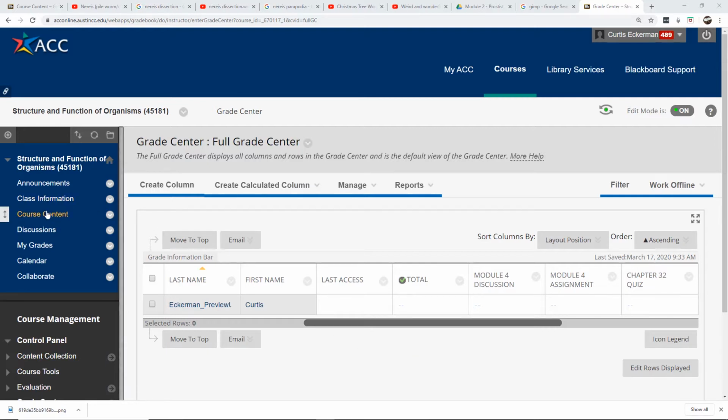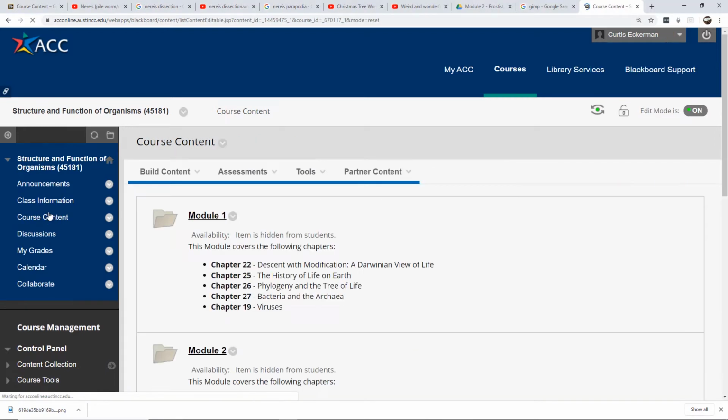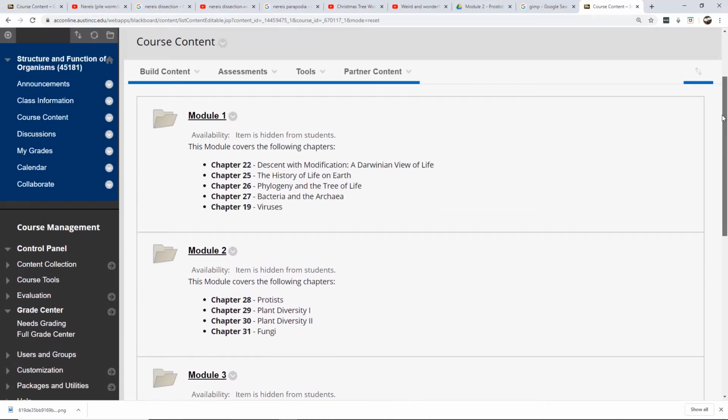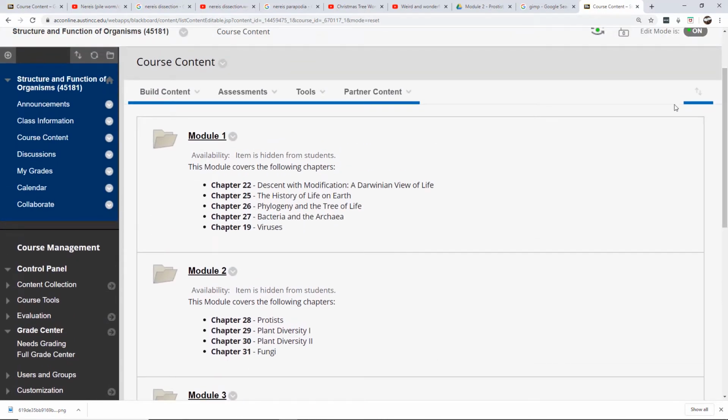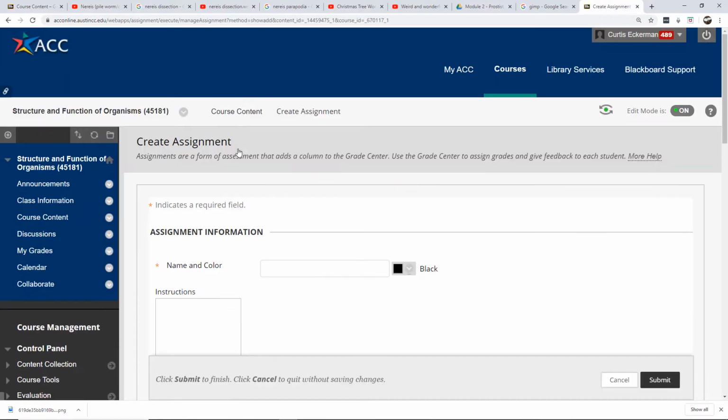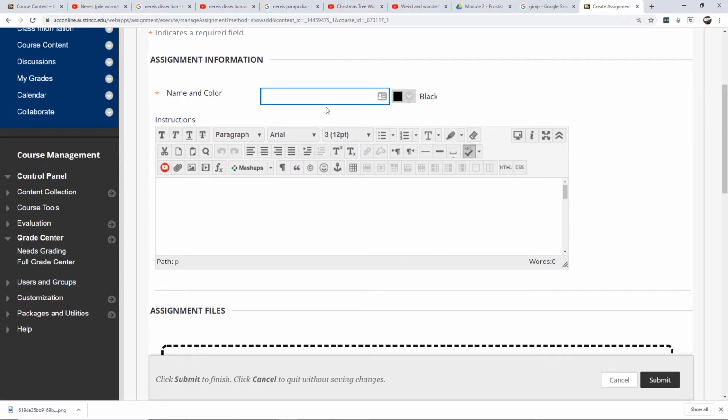But let's first go to course content, and what I'm going to do here, instead of creating a whole new folder or do anything, I'm just going to add something to the bottom of this course folder, and I will eventually delete it, but I'm going to add an assignment. And so I'm going to add an assignment here. I'm not going to call it much. I'm just going to call it